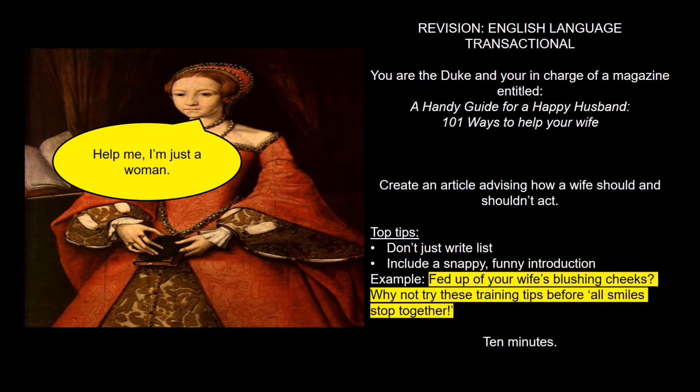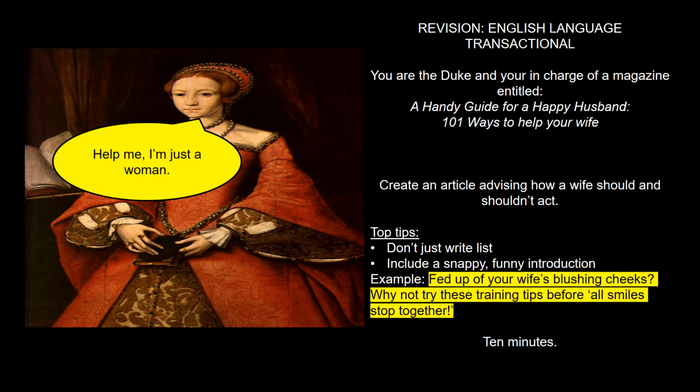You might be inspired by Mr. Birling or Gerald Croft in terms of how you write or who you're writing for. An article is the text type, and the purpose is to advise them. So that's this gentle persuasion. What I'd like you to do is not just write a list of tips, and include a snappy and funny introduction. You can see my example here borrows from the poem and uses 2 quotations, one paraphrase and one with the quotation marks around it.